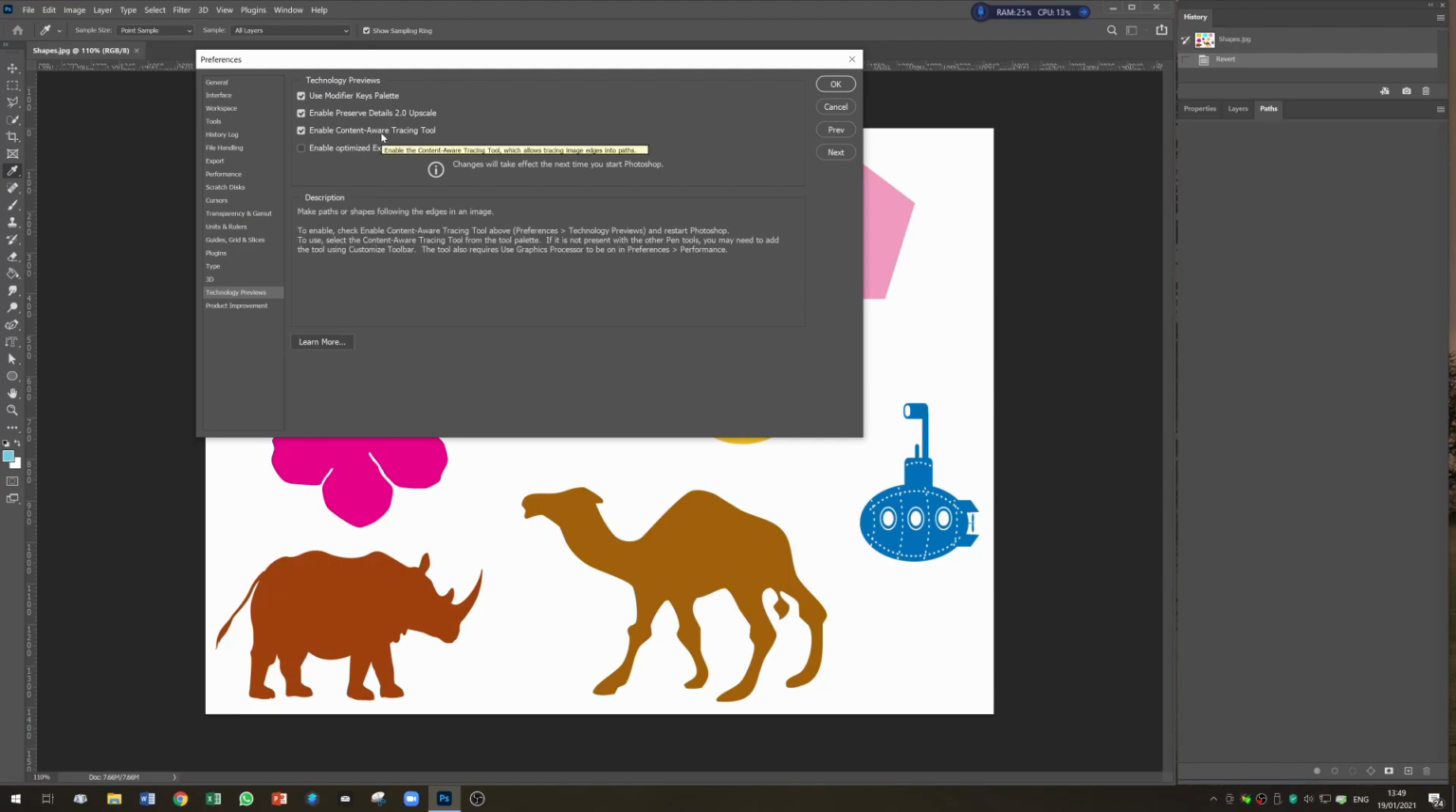and hit OK. But if you read this message here, it says changes will take effect the next time you start Photoshop. When I hover over the tool, the description tells you below that we need to restart Photoshop, and don't do a forced stop if you're using a Mac. Definitely go to File and Close to close Photoshop properly,